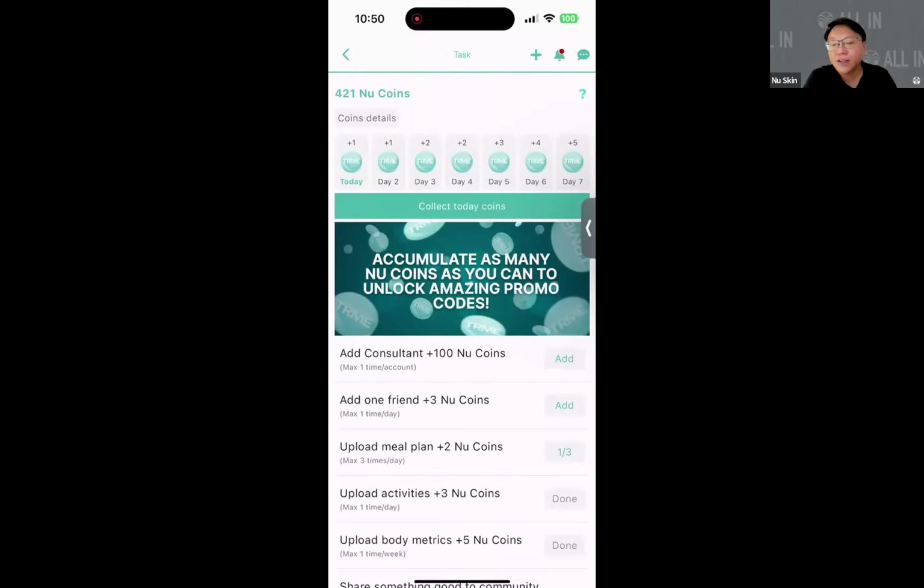So just check in your attendance. It is a very similar concept to Shopee or Lazada or Taobao. When you come in daily, you collect coins, right? We also use that mechanism. Just come in and collect coins, and the longer the number of consecutive days that you have accumulated, you see that the number of coins that we reward grows as well, right?